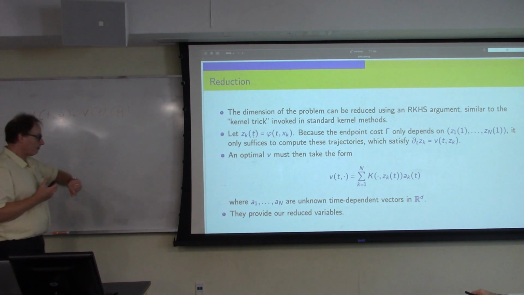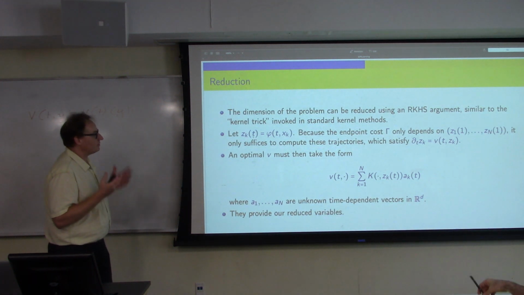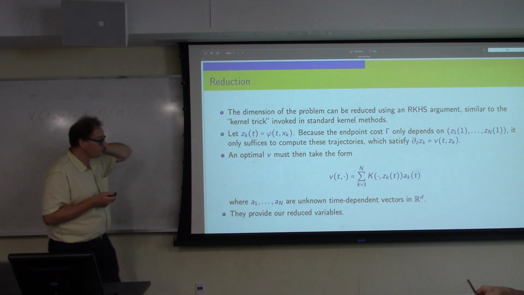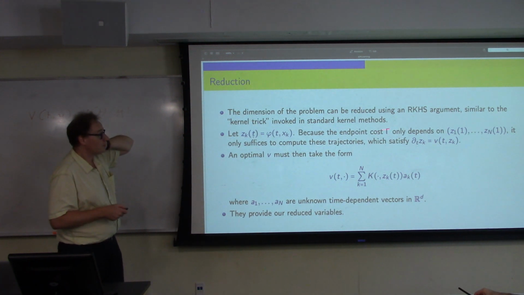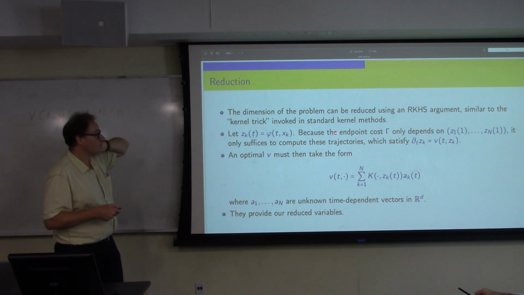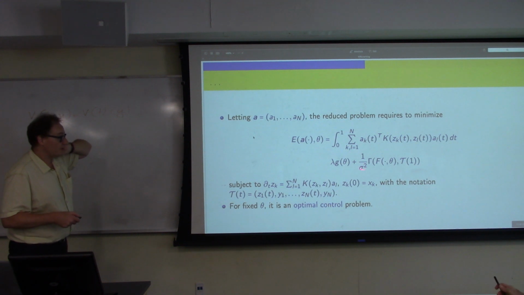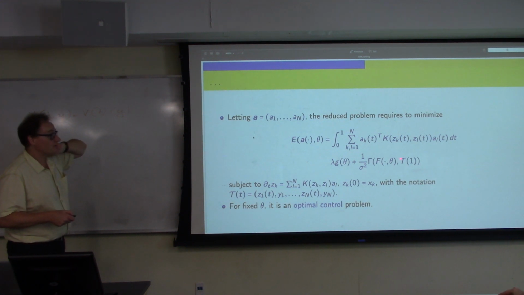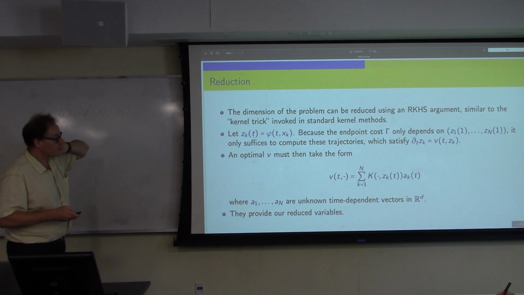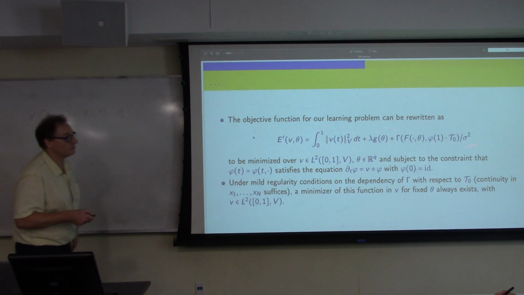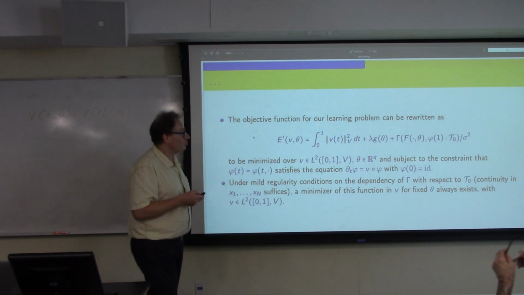So there is a trick that, of course, we're also using in shape analysis that allows us to reduce the dimension of the problem to something that is comparable to the size of the training set. Just how that works. Because at the end, your objective function will only depend on what will happen on the training data. Phi of 1 applied to T0 being the deformation of the training data. You only care